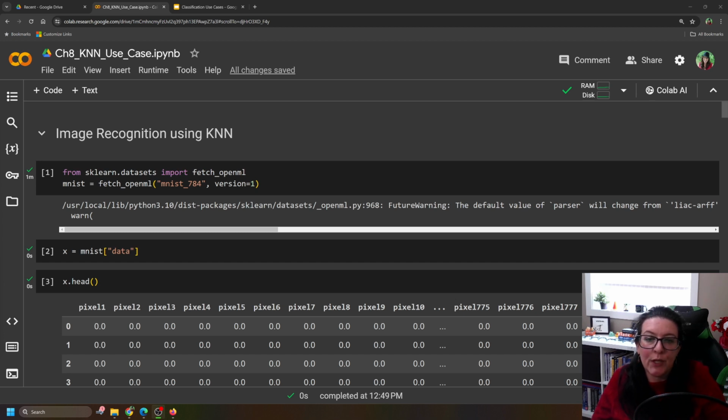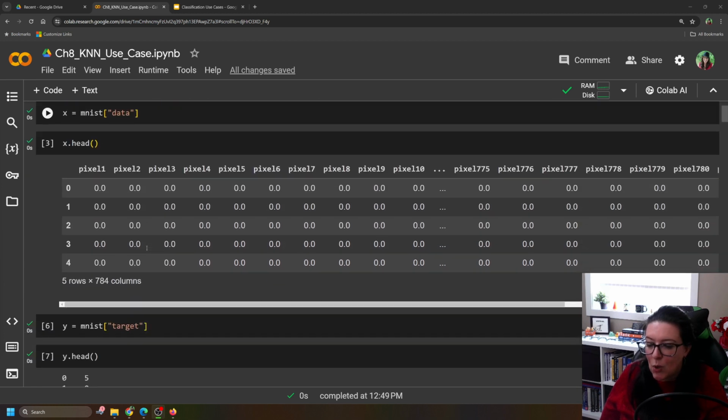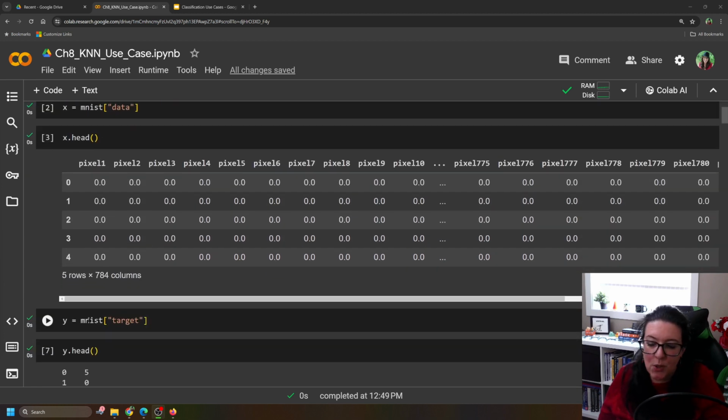In our previous video, we were looking at image recognition of the MNIST dataset. So these are handwritten numbers. And could we build an algorithm that would identify these different numbers? So we have from sklearn.datasets imported using fetch_openml. And then we use that fetch_openml to call the mnist_784 dataset version 1, labeling it MNIST. We have then pulled X, which is the data, and y, which it calls the target, which is going to be our labels. So once we've pulled that information, we can, as we did in the previous video,